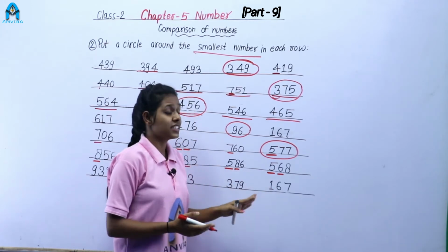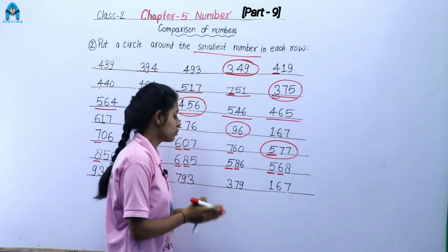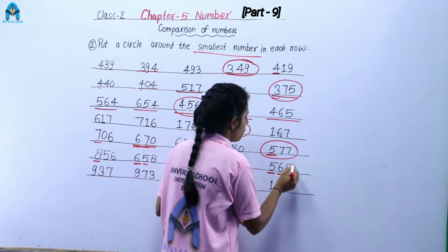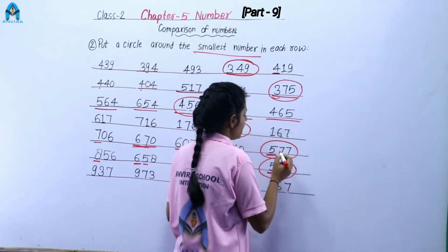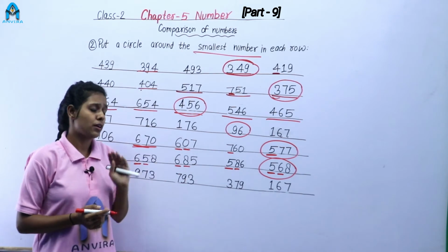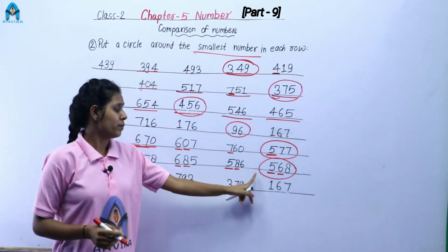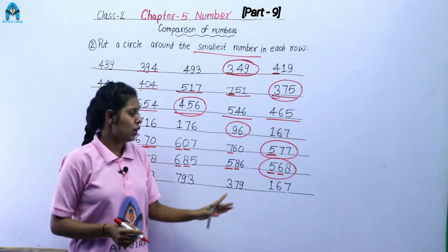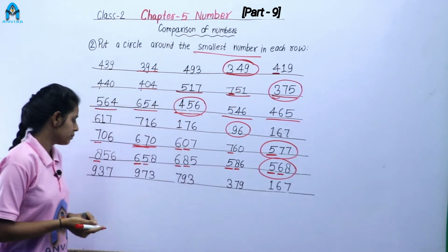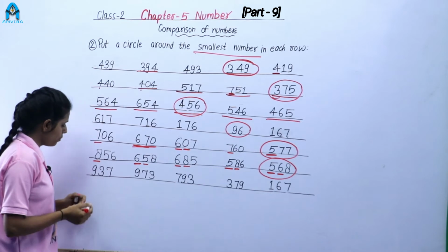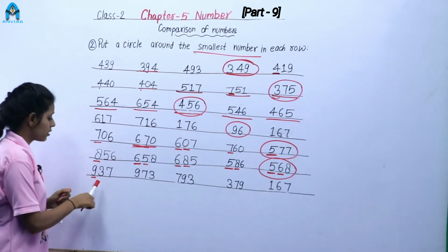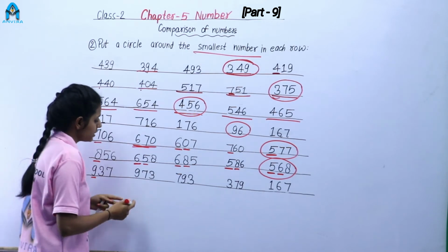Yes, 6 is smallest. So, we say in this row 568 is the smallest number in this row. So, we have to put circle on 568. Next row, 967, 937. Next is